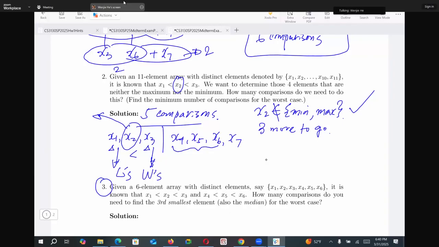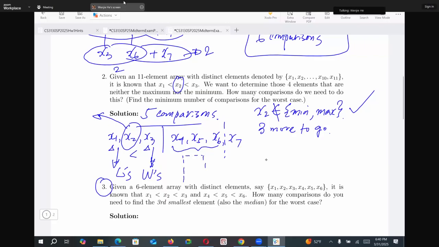The smaller, the better. If you choose more elements, you need to do more work. So we just choose the minimum number of elements that we need. So the 3, x4, x5, x6. All right. Then, tournament method. Okay, tournament. But the tournament method,